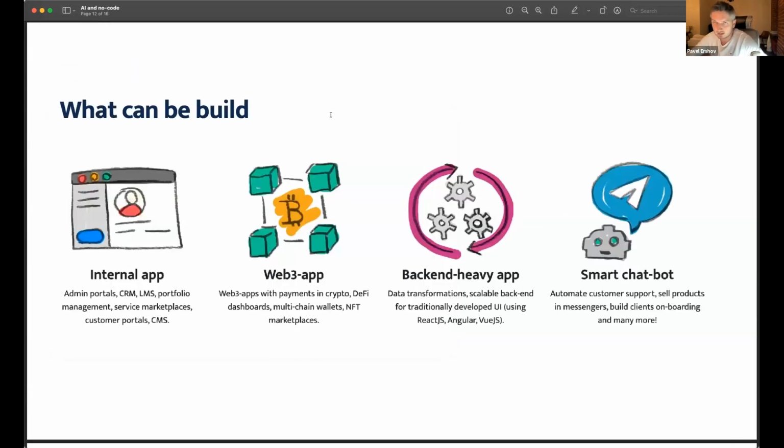All right, what can be built on the platform? The most widespread case of an app on Directshop is an internal app. That is an automation, as I mentioned before. That is the web app, the portal where you could log in, where you could have different roles and access to the data, tables, forms, cards, Kanban, dashboards, etc. So that is a huge segment of the